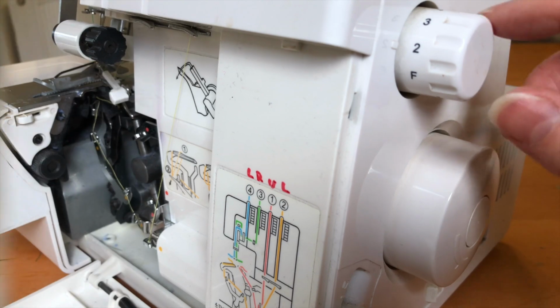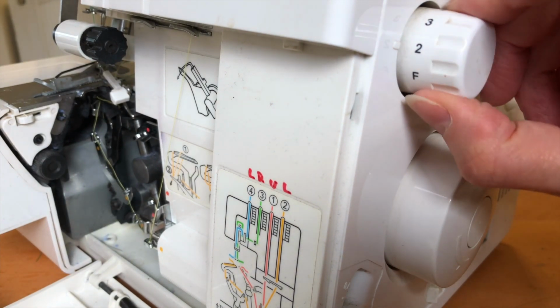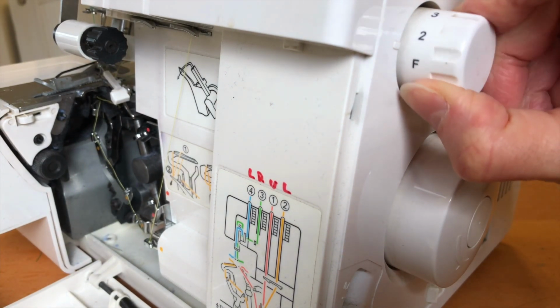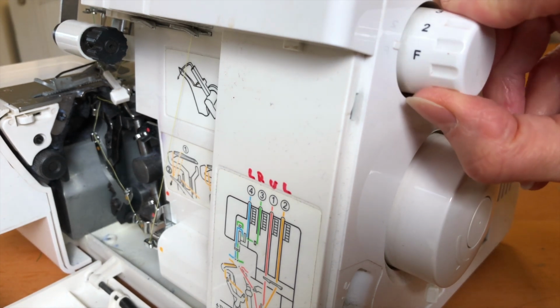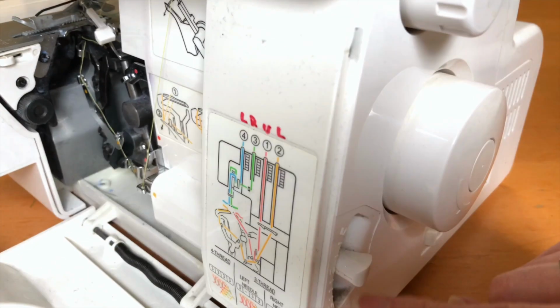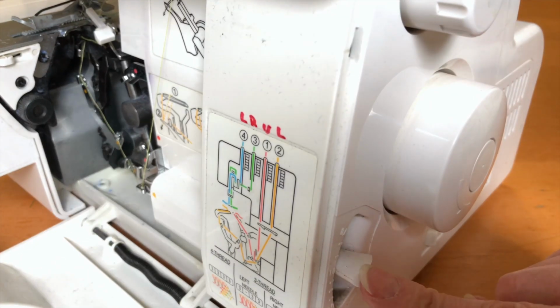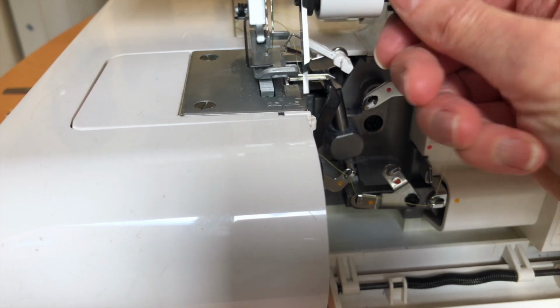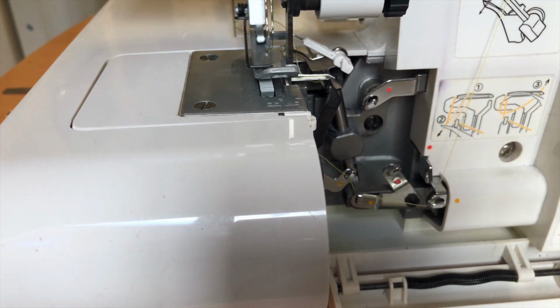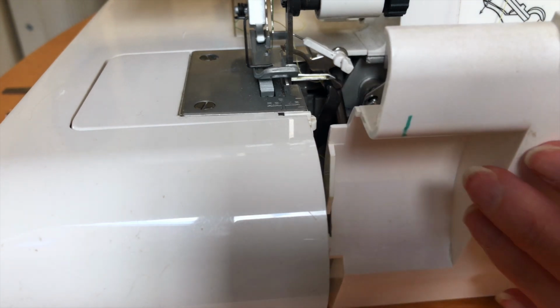Like that. So at the side of the machine now, you just need to adjust this stitch width. F is for fine, and you want it somewhere between the fine and the 2. You don't need to do anything with your differential feed. You can leave that alone. Back to the front now, and if you just put your knife back in its original position, to the cutting position, put your cover back on,